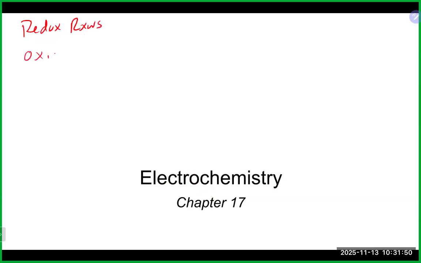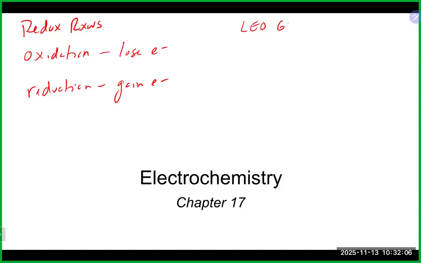there is the oxidation, which once again means the loss of electrons. Reduction means that you gain electrons. And again, sometimes people remember this as Leo the lion goes grr: loss of electrons, oxidation; gain of electrons, reduction. Some people are fond of the OIL RIG: oxidizing is losing, reducing is gaining. So these are two very common definitions of oxidation and reduction,